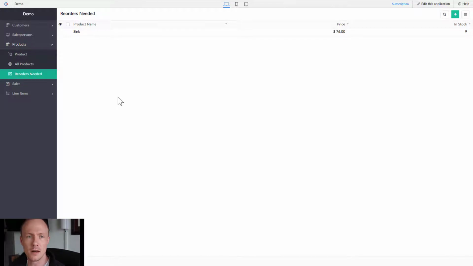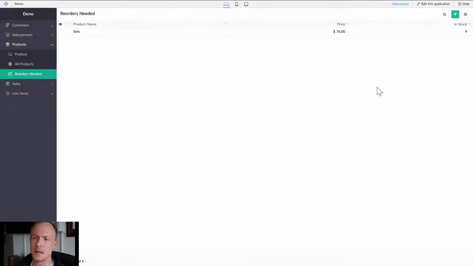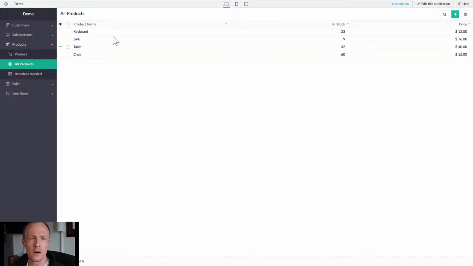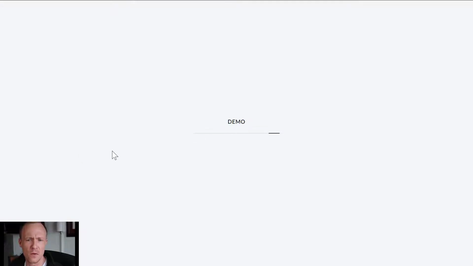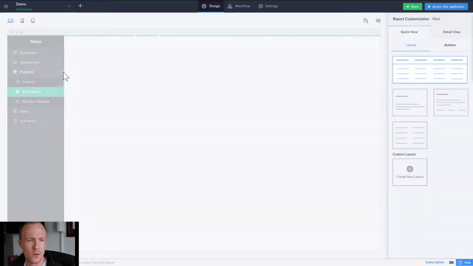So this can be useful in a lot of ways. We could build on this a little bit more by adding an additional field for reorder at. If we look at all our products, we may want to order things at a different point. If we sell a lot of keyboards really fast, then we might want to reorder that a lot sooner than if we have tables, which we might sell once every month. So to do that, what we would first do is go over to the products